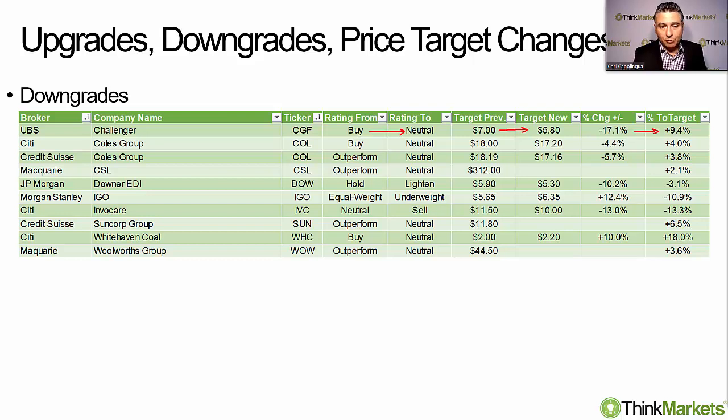Also, I should say, both brokers citing the increase in capital expenditure and increase in depreciation as reasons for the downgrade. Macquarie on CSL, they have gone from outperform to neutral. They retained their 312 price target, which leaves a very slim 2.1% in it. They said that foot traffic at blood